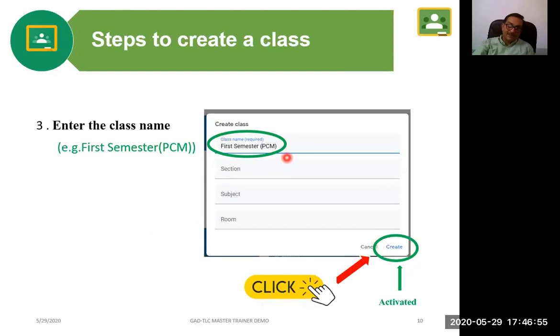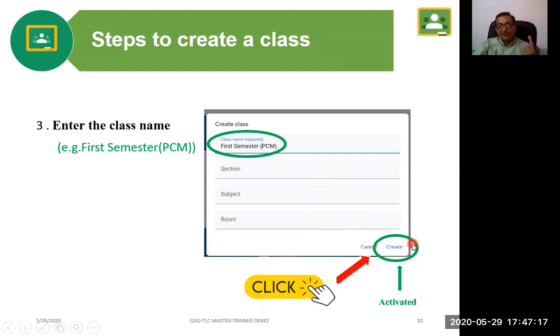As you enter the class name over here, for example, I have given the class name first semester PCM. As soon as I enter this name, this create button gets activated. Earlier it was deactivated because I had not given any name for the class.